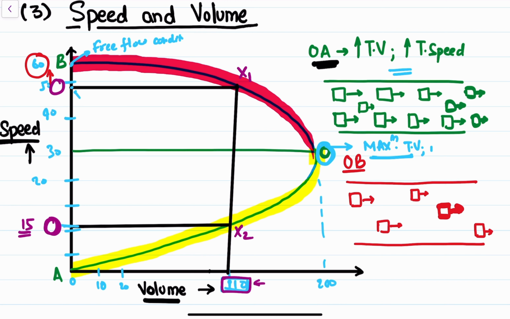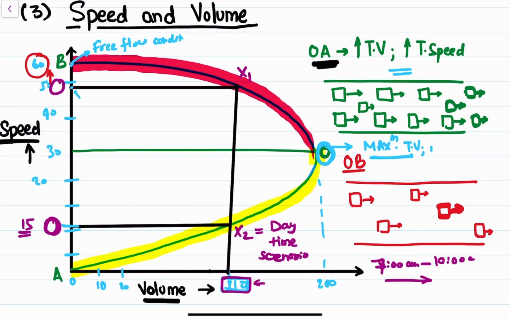When can this happen? This can happen in a daytime scenario. That is, let's say from 7 a.m. to 10 a.m., where at this time everyone is going to their respective workplace, right? Students are going to their schools, students are going to their colleges, as well as people are going to